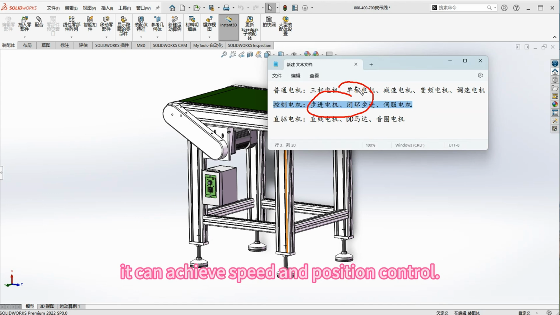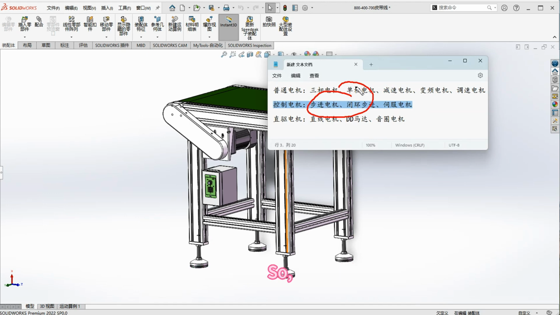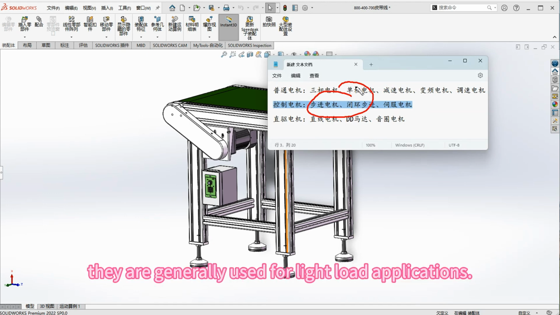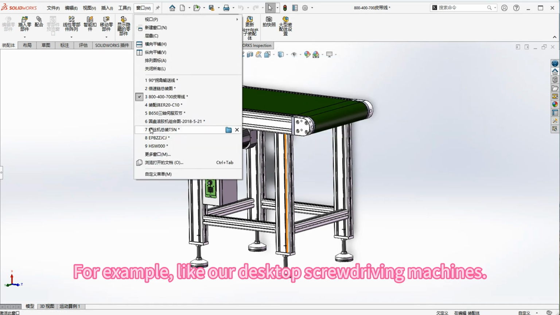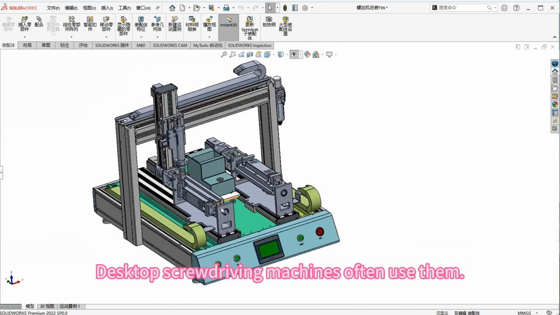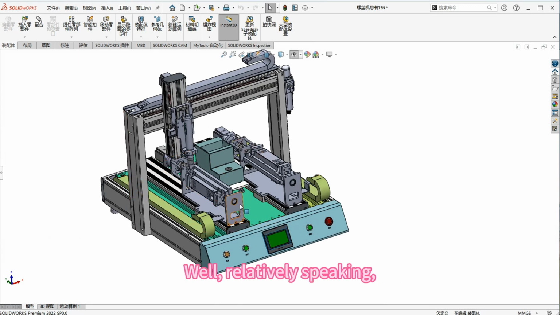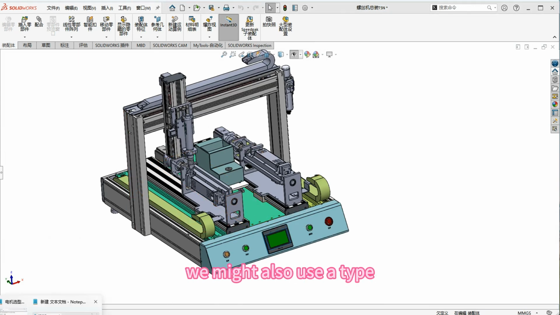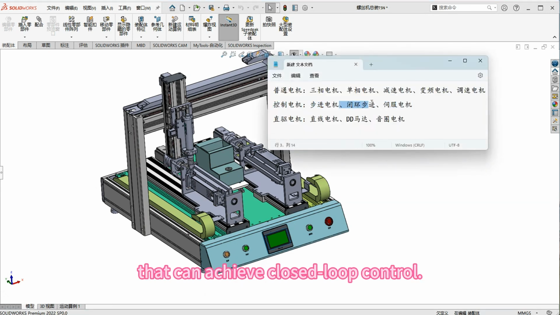Generally, it can achieve speed and position control. So, it's important to note they are generally used for light load applications. For example, like our desktop screw-driving machines. Desktop screw-driving machines often use them. Well, relatively speaking. In our design applications, we might also use a type that can achieve closed-loop control, like this